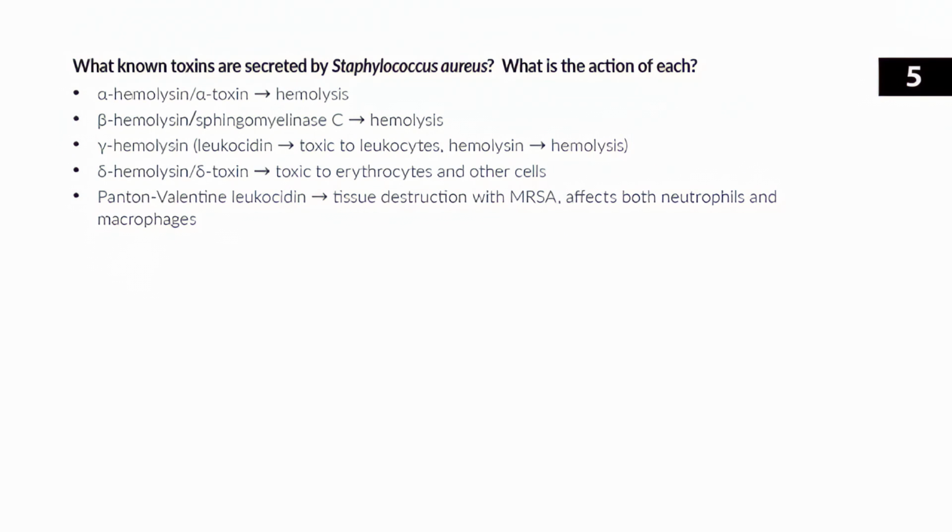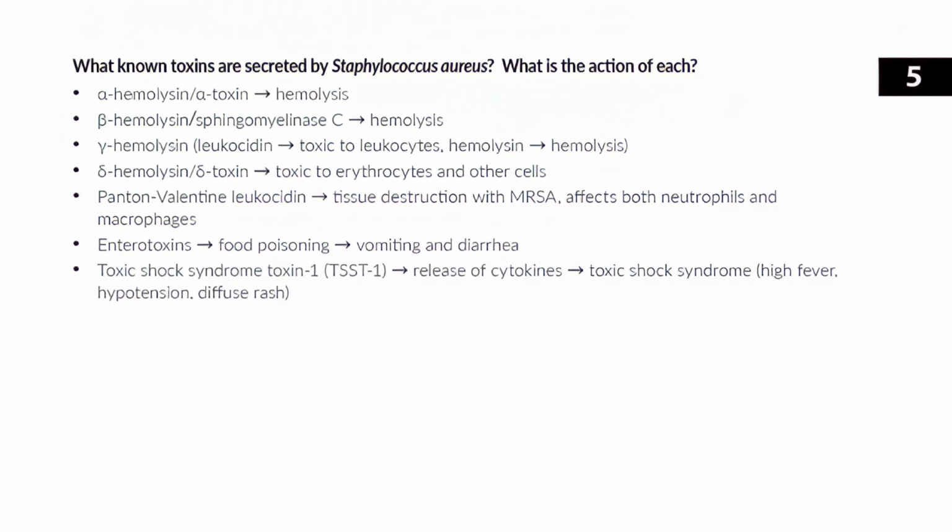Okay, so now let's talk about 2 superantigens produced by Staph aureus, the enterotoxins and TSST1. The enterotoxins have the ability to cause gastroenteritis. The term enterotoxin literally means toxic to the enteric system, so it shouldn't surprise you that it's associated with vomiting and diarrhea. The initial enterotoxins identified were called enterotoxin A through E, but many others have now been identified and